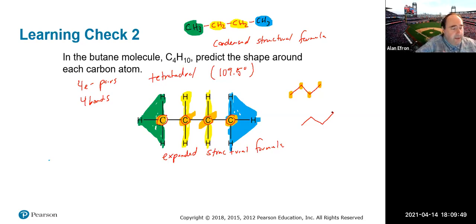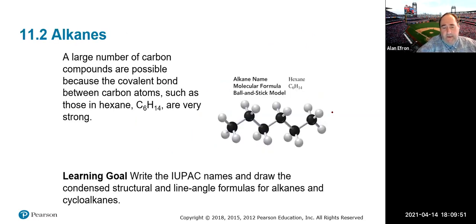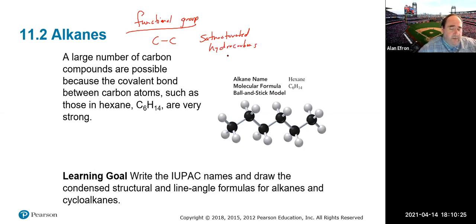Okay, so then let's talk about alkanes a little bit more officially here. Alkanes really are those simplest organic molecules that you could have. Again, some people call it a functional group, some people might not, but really the functional group is carbon-carbon single bonds. So the only type of bond you can have in there is a carbon-carbon single bond. Can't have any double bonds, triple bonds, or anything like that. These are what are referred to as saturated hydrocarbons in most cases, because they have all carbon-carbon single bonds. They have the general formula of